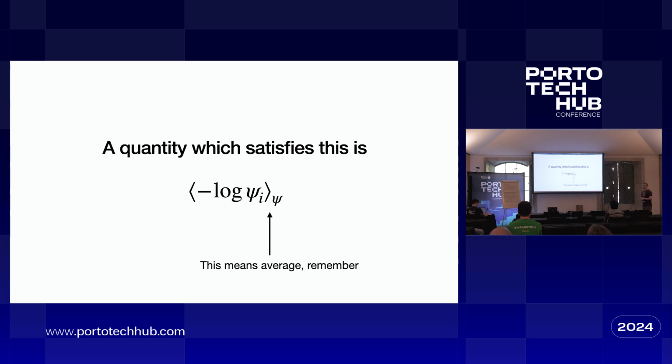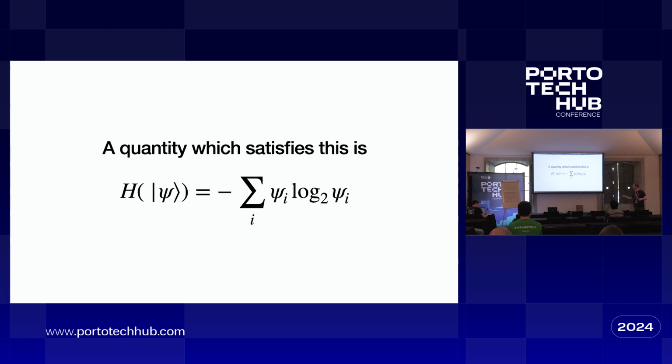So a quantity which satisfies these requirements is the expectation of the negative log of the probability of the outcome. Okay. Expectation just means average. So averaged over all the possible outcomes, the negative log of the probability of that outcome. All right, let me write that out better. Okay? It's the negative of the sum of the probability of the outcome times the log of the probability of the outcome. Okay. The first time I saw this formula, I was like, okay, fine. And you've just written something on the board. Why should you believe me that that's an entropy?